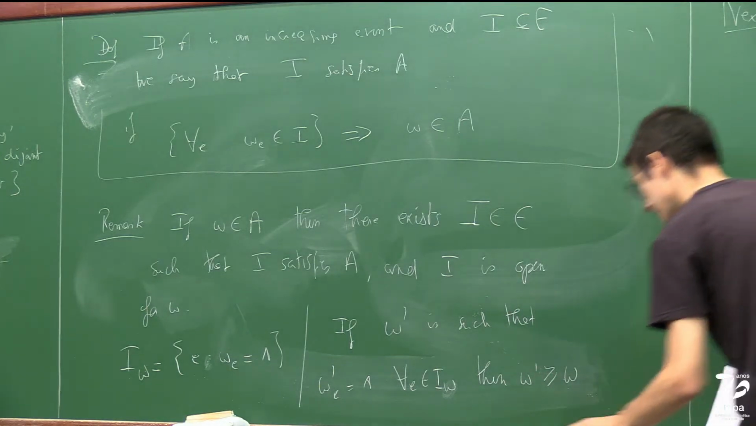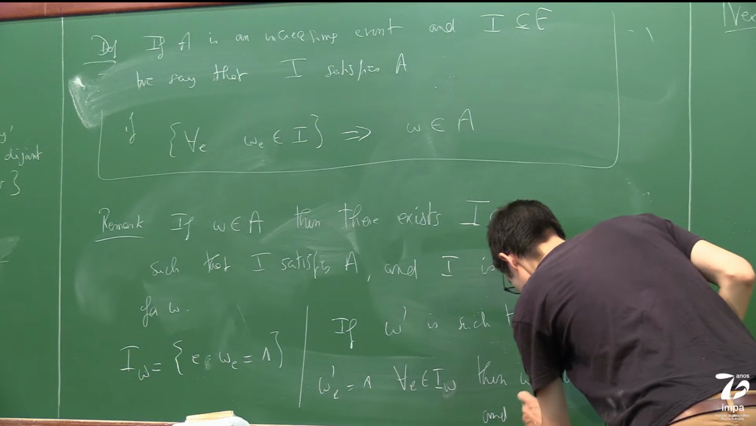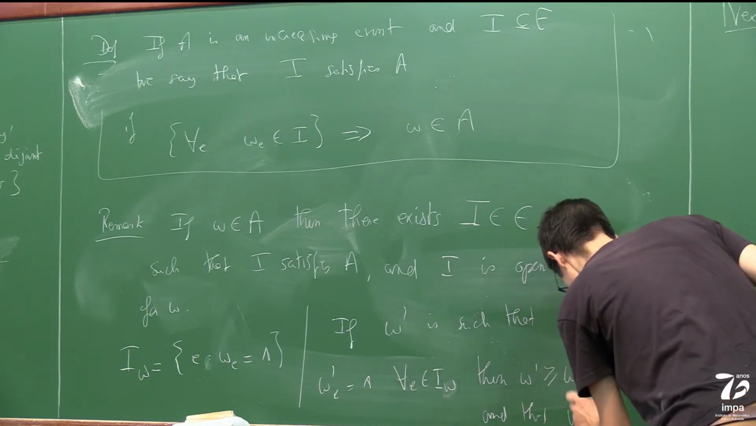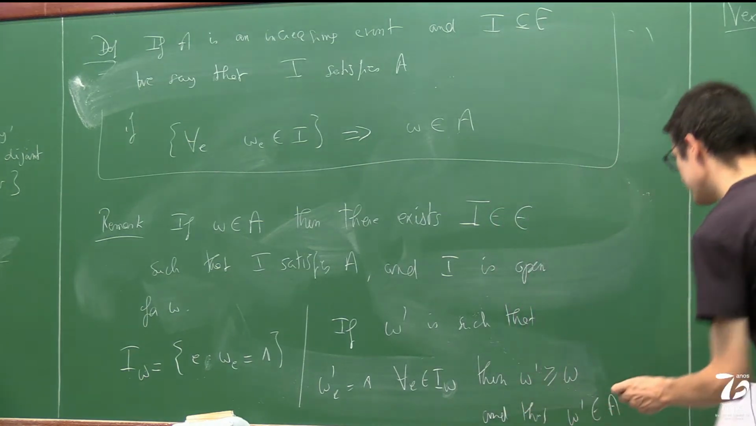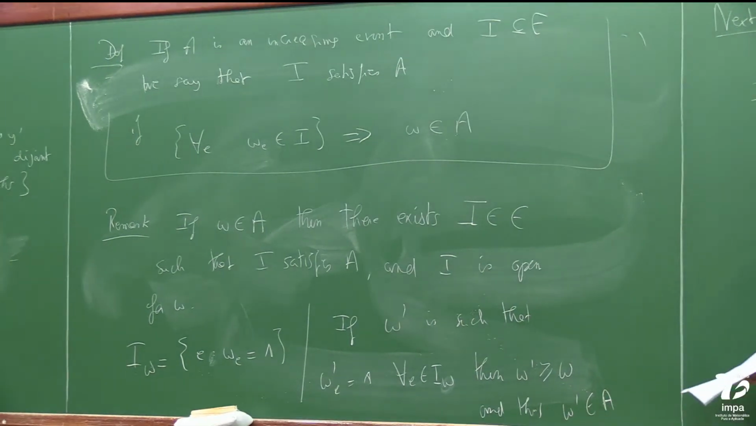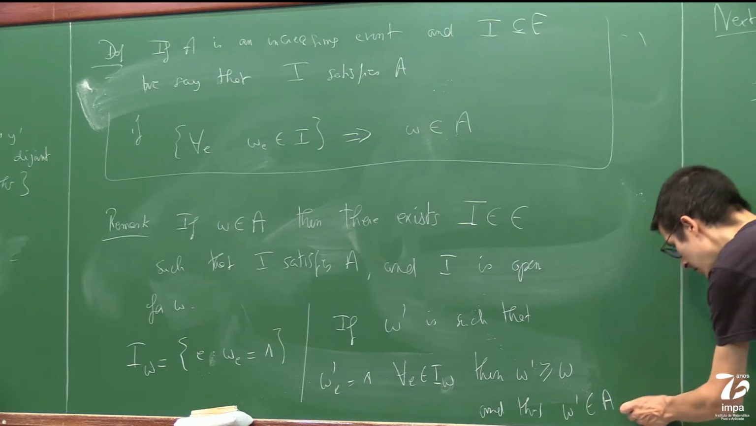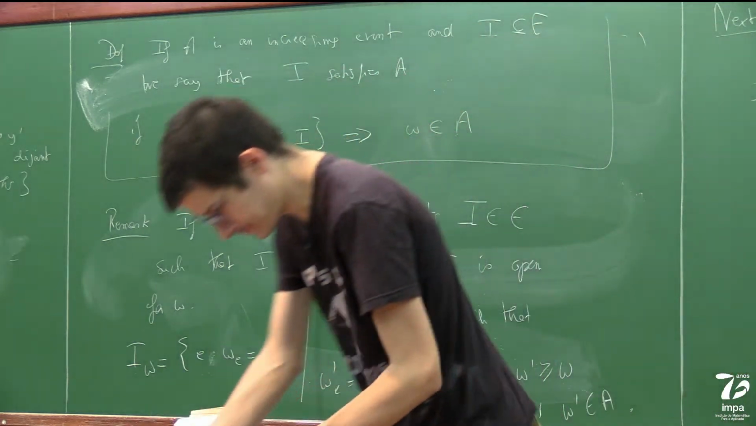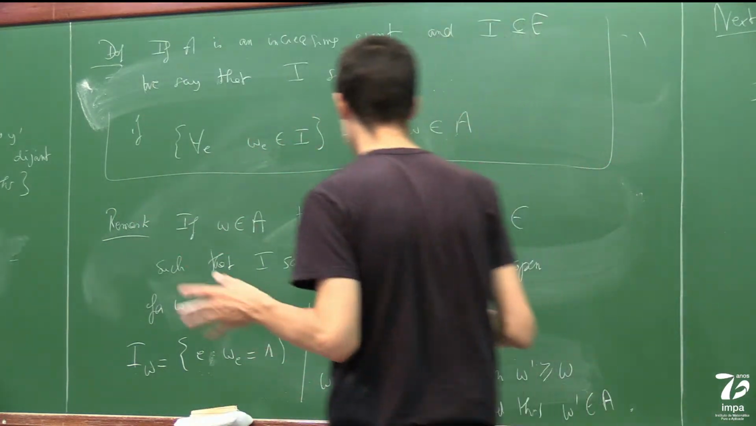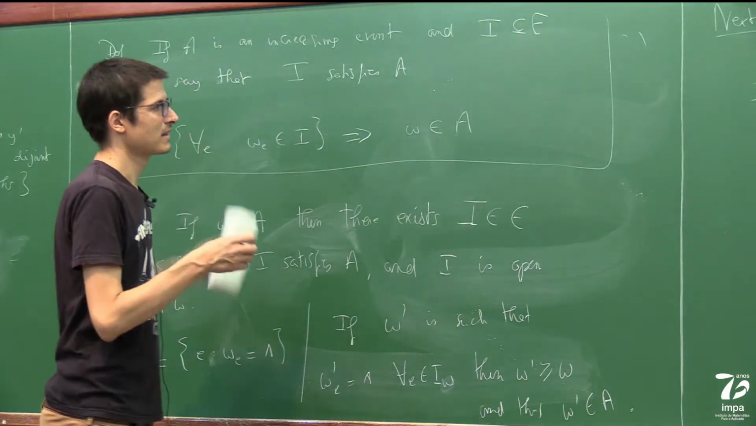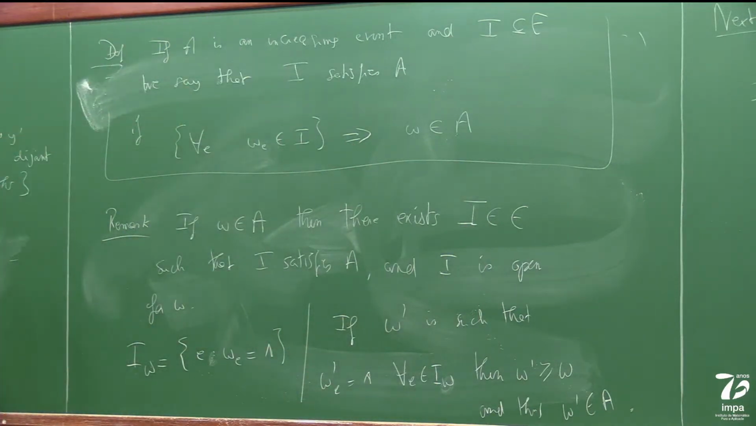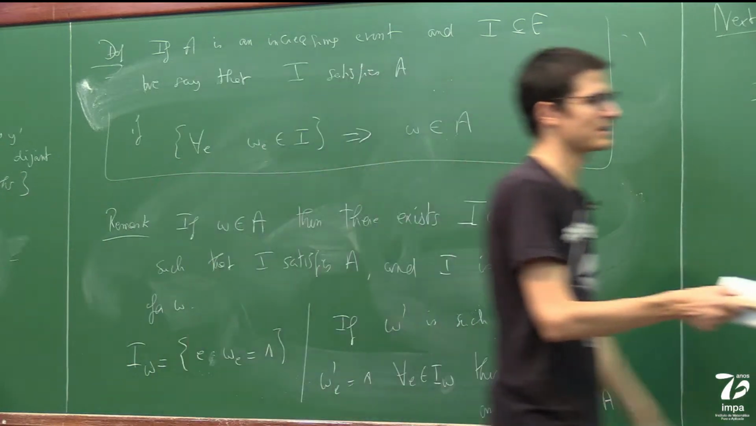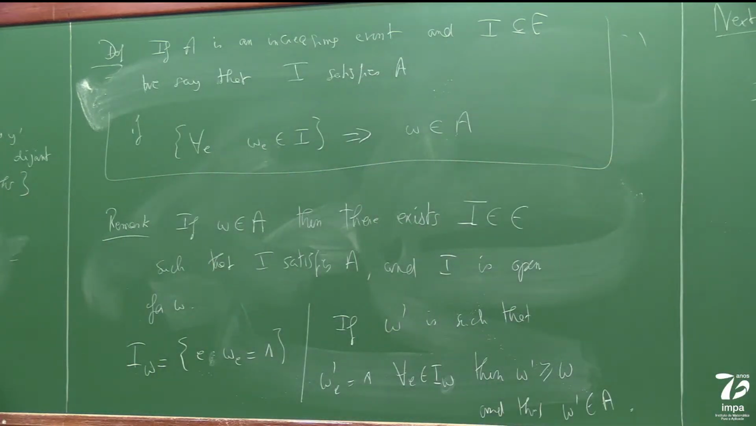Okay? And by definition of an increasing event, this means that omega prime belongs to A. Okay, so now, when I have introduced this notion, I will be able to define this event. So basically,